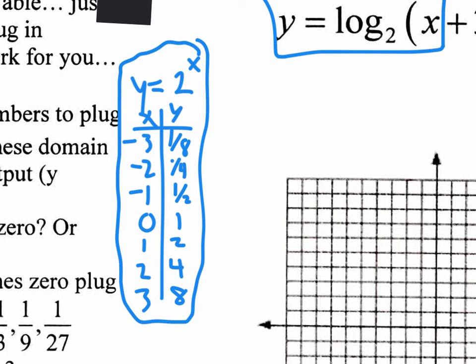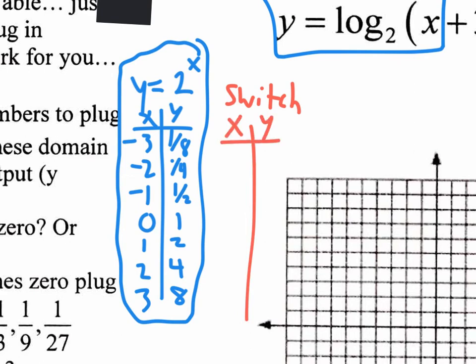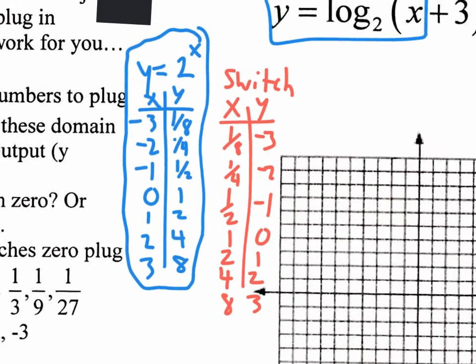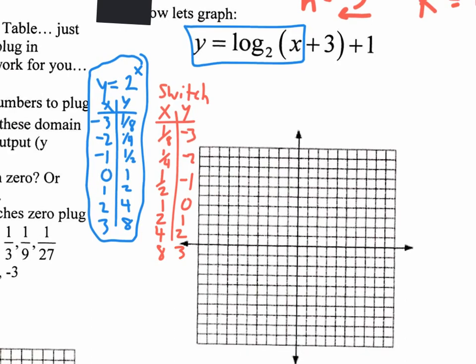We don't want the coordinates to the exponential growth function. We want the coordinates to the logarithmic function. So all we have to do is switch x's and y's, and that truly gives us our inverse. So instead of -3 and 1/8, we're going to have 1/8 and -3. Instead of -2 and 1/4, we're going to have 1/4 and -2. And let me just do this quickly. There we go. So I've switched all the coordinates, and now at this point, I want to graph the coordinates,